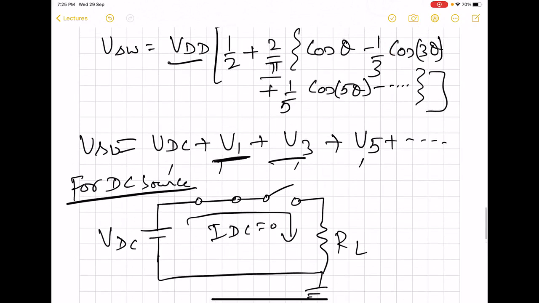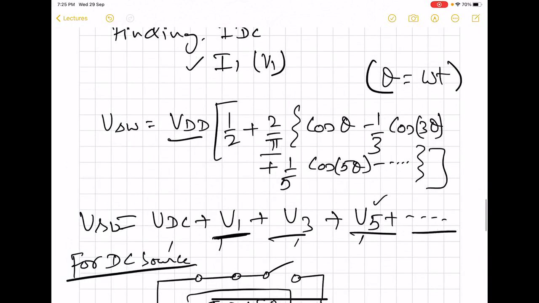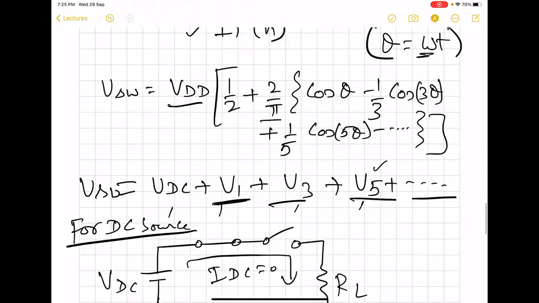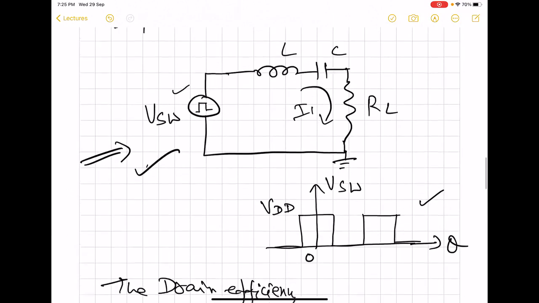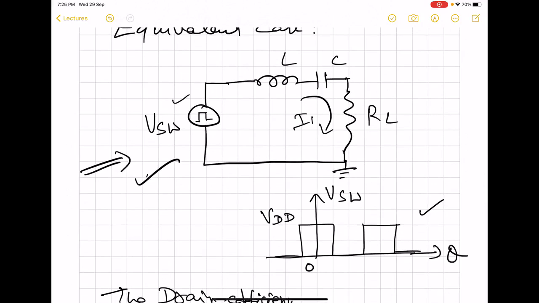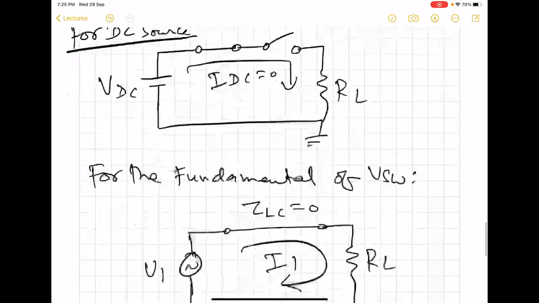Now what about these higher order harmonics? Here we know that when the harmonics order increases, the frequency actually increases. So this n actually gets multiplied with the omega. So the circuit is this one, RLC series. Here we see that the impedance or the reactance offered by this L will keep on increasing with the order of the harmonics. However, C will start offering less and less impedance. So for harmonics components,